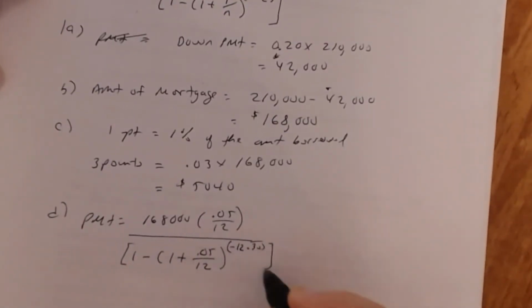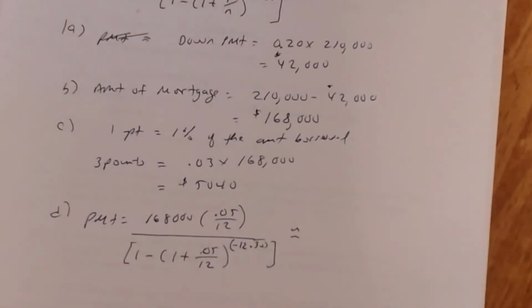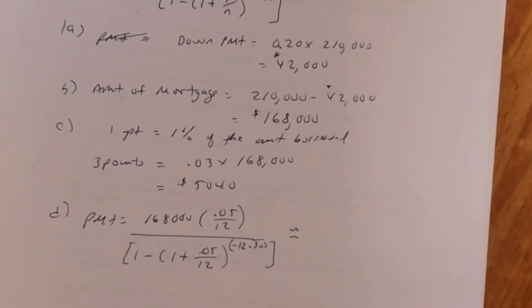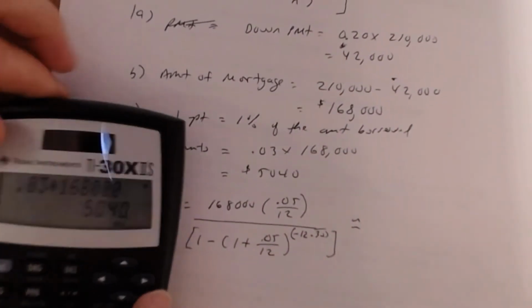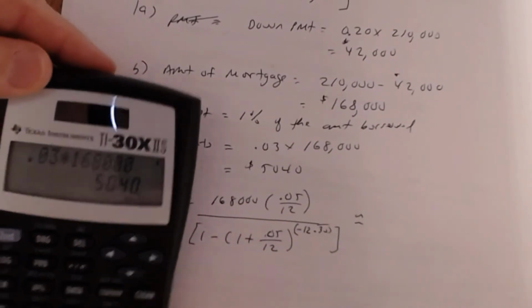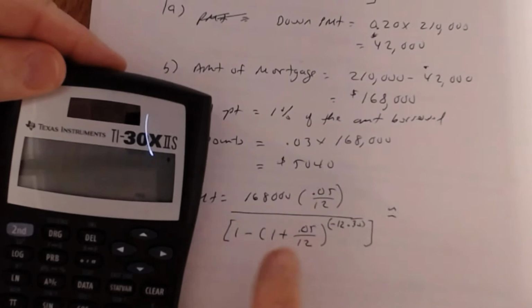All right, make sure you close the bracket. Now using your calculator, so that's what we get when you use a calculator. So using a calculator, we're going to get, let's see, we have 168,000